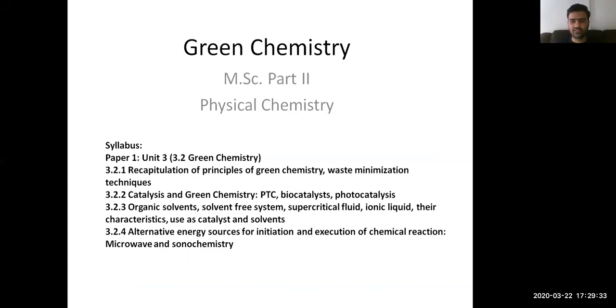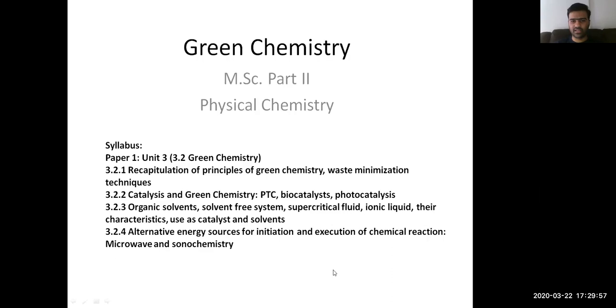And the principal text, the reference that we are going to be following for this chapter, is a book by Lancaster. I've already emailed the book to all of you, so you can refer to the relevant chapters as we are discussing moving ahead. Okay, and the second part in the unit 3.2.2 is on catalysis and green chemistry, involving three